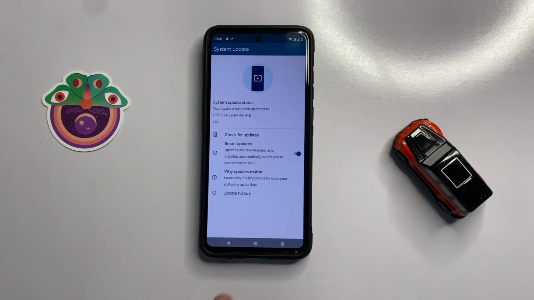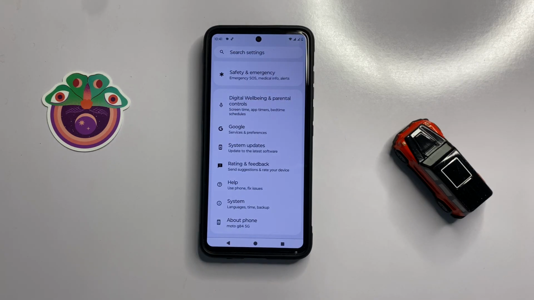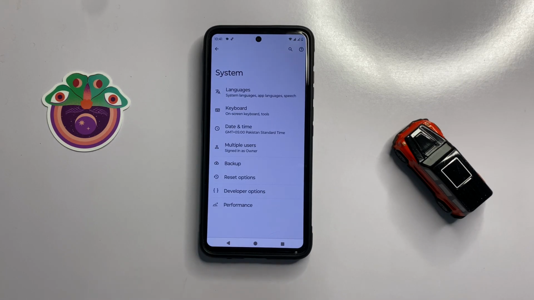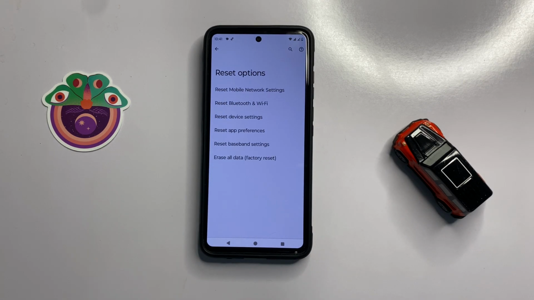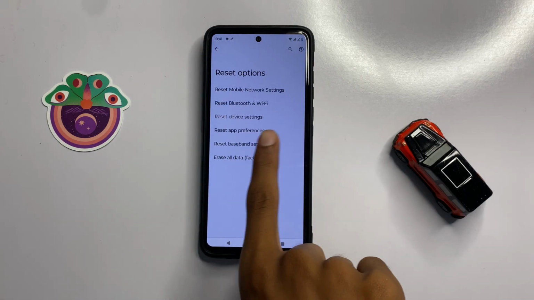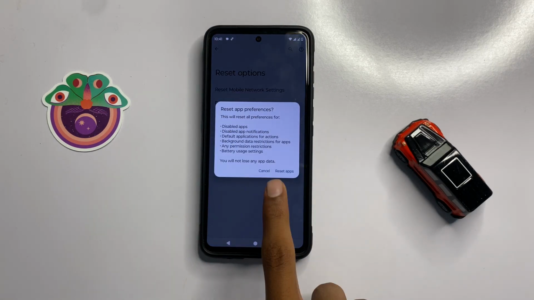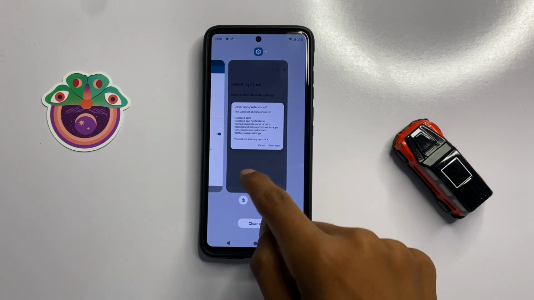After updating to the latest version, then go back and click on system and click on reset options. Now click on reset app preferences and click on reset apps. After resetting the app preferences, your problem will be